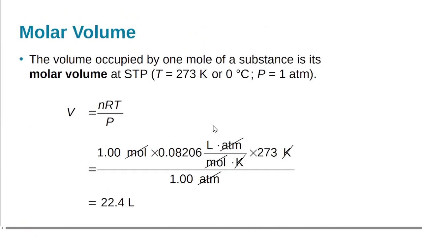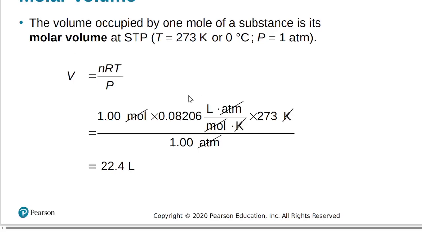Now, if we consider that the standard amount of the gas would be 1 mole, then we can use that information to calculate the volume of a mole of gas at standard temperature and pressure. So remember, ideal gases basically take up the same amount of space, and so we can solve for volume here, where we've got 1 mole, we've got our R, we've got our temperature, which we defined as 273 Kelvin, and we've got our pressure at 1 atmosphere. So we can determine that 1 mole of gas under ideal standard conditions is 22.4 liters,